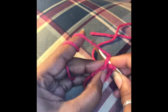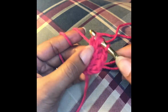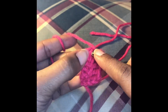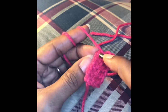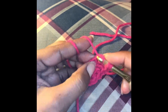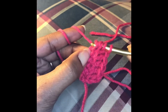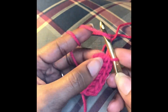go into your chain, pull up a loop, yarn over, pull through 1, yarn over, pull through 3, yarn over, pull through 3, yarn over, go into the next chain, yarn over, insert your hook, see the V's, yarn over, pull up a loop, 1, 2, 3, 4, 5, yarn over, pull through 1, yarn over, pull through 3, yarn over, pull through 3,